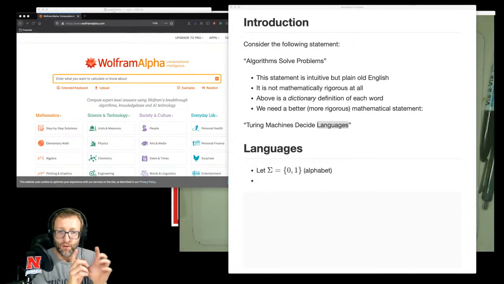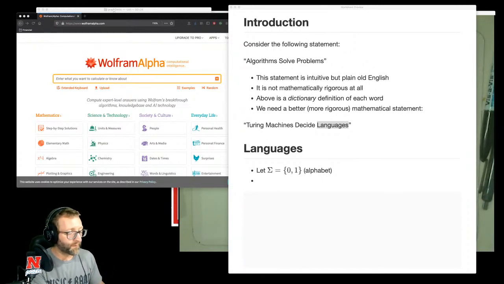You can go ahead and expand your alphabet to be 0, 1, A, B, C, D, E, F, G, whatever. You can expand your alphabet if you want to, but as we all know as computer scientists, you don't need to do that. You only need to consider binary. If you've got an alphabet that has A, B, C in it, then the ASCII text table says you can encode those as binary strings, just like you did on the second assignment with Huffman coding. You took a plain text file and encoded it in binary, and so it's enough to consider 0 and 1